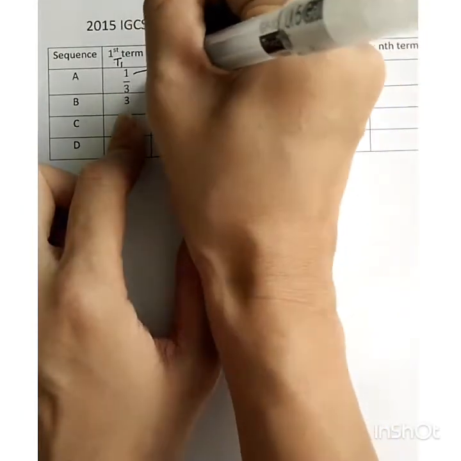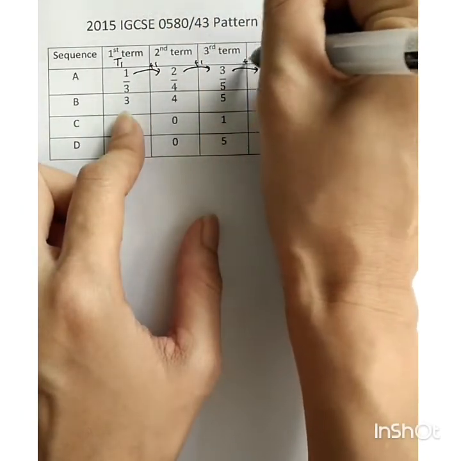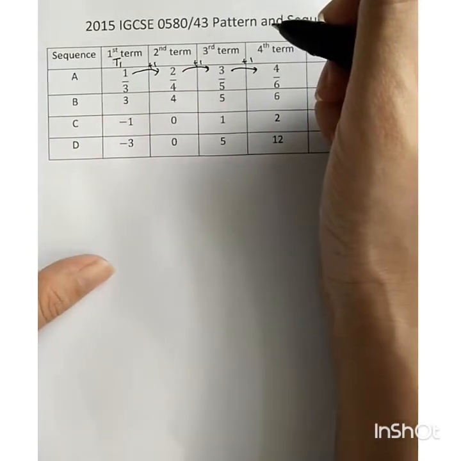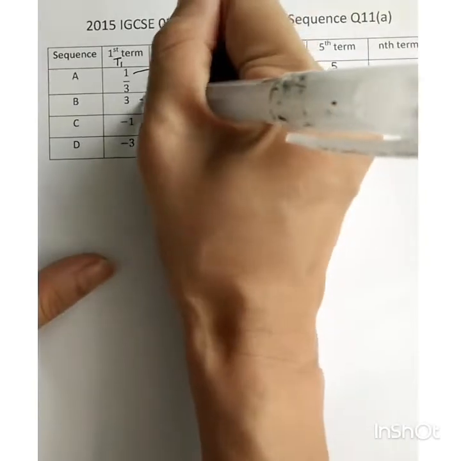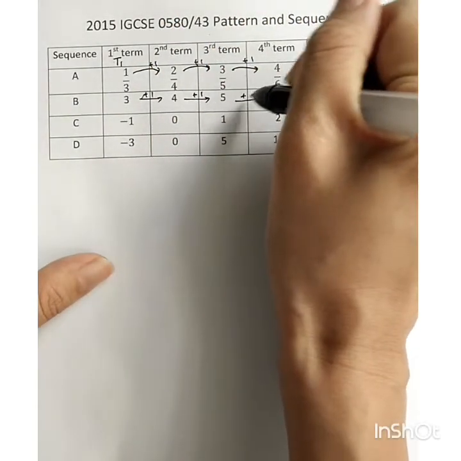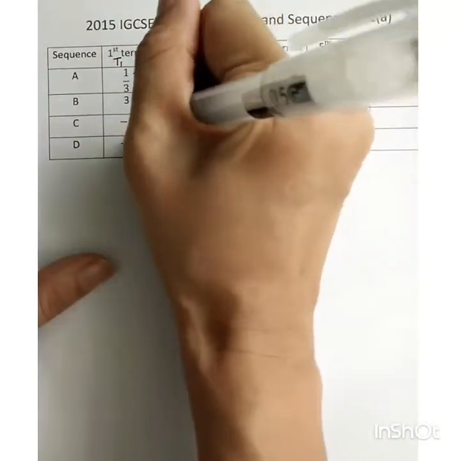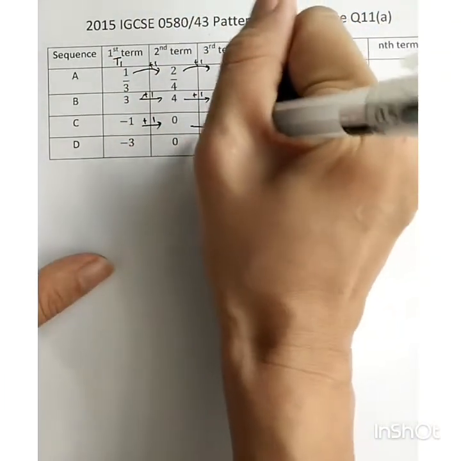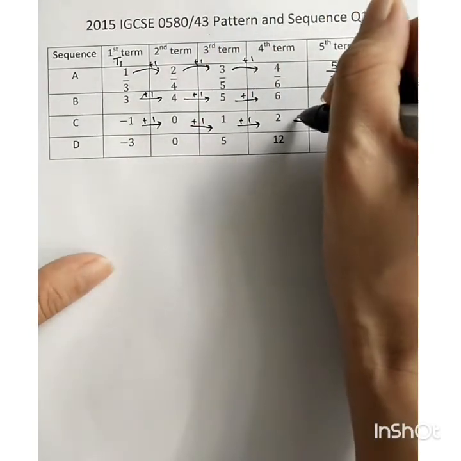So that means 1 plus 1 equal 2, 2 plus 1 equal 3. So the common difference will be 1. That means the difference between terms will be 1. So same thing over here, 3 plus 1 is 4, 4 plus 1 is 5. 3, 4, 5, 6, 7. So minus 1 plus 1 equals 0, 0 plus 1 equal 1, plus 1 equal 2, 2 plus 1 equal